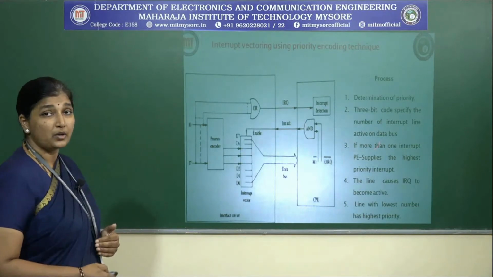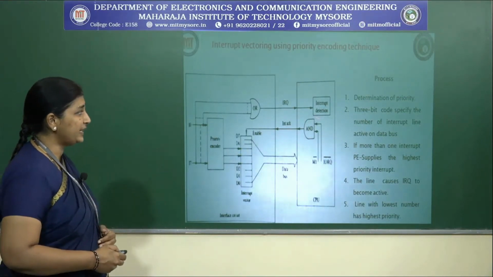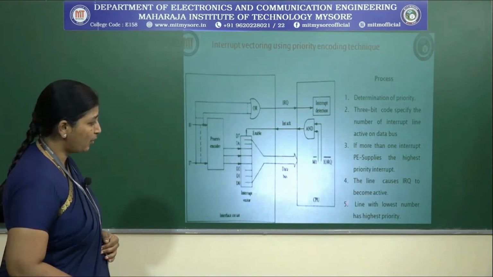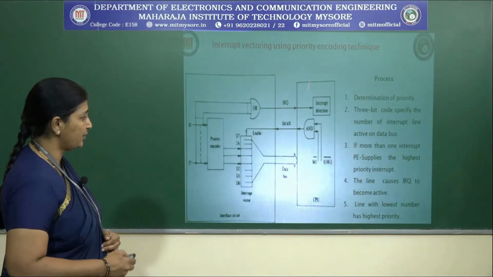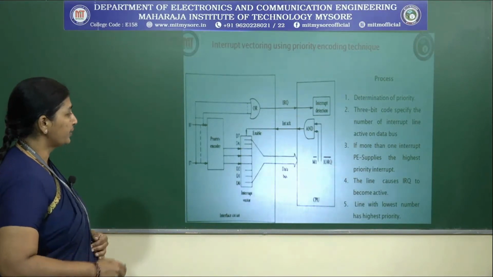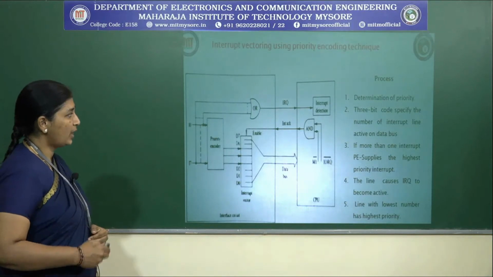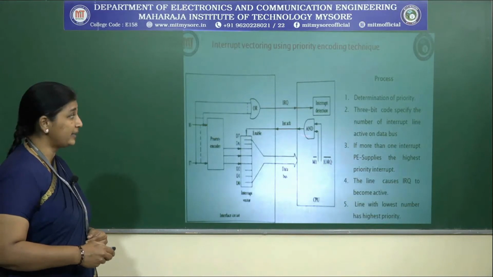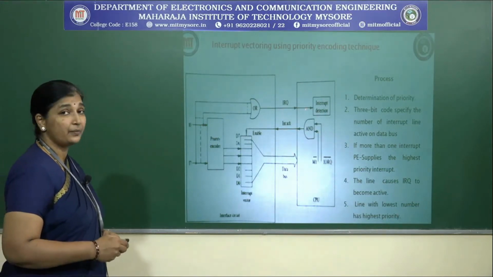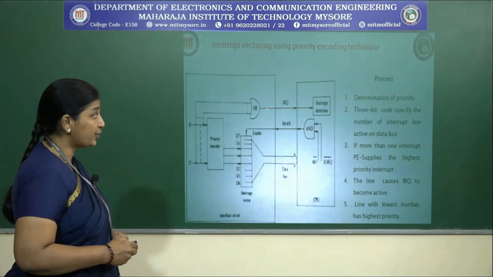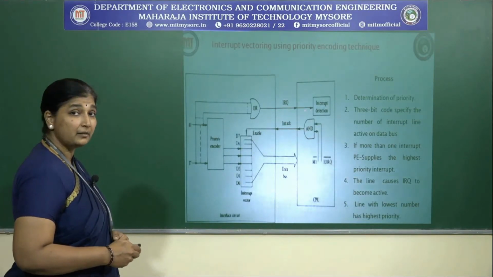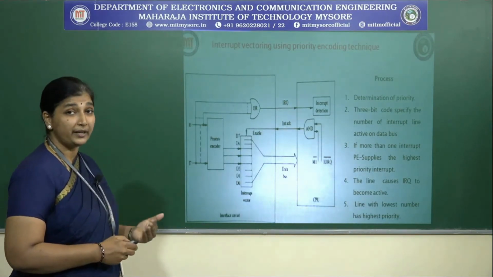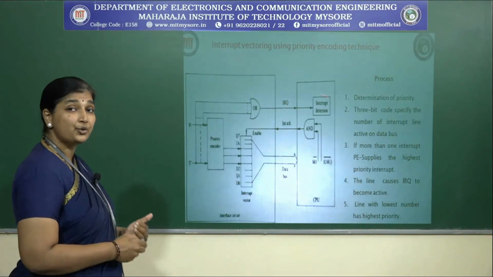So what does this process do? Here you have an interrupt detection. You can see this block, that is the interrupt detection. This entire block is your CPU, central processing unit, and this is your interfacing output. This is an interface which has to be set, and it has to be detected by an interrupt handler in your CPU, for which you have IRQ. This IRQ is a very important signal, because only if the IRQ signal goes high is the request formulated and sent from the external device to your CPU.